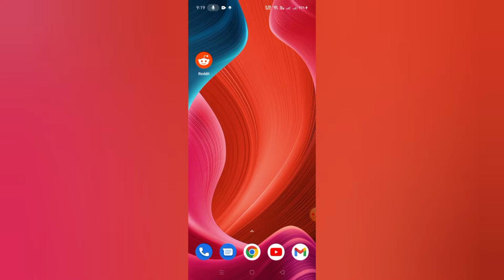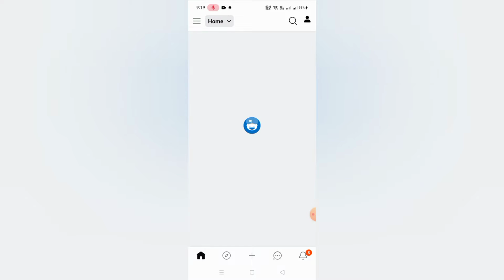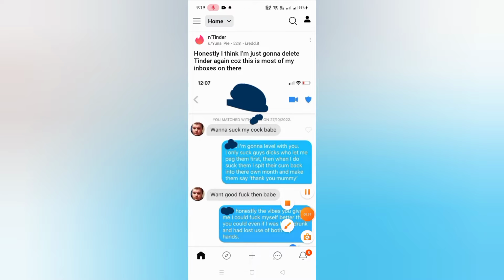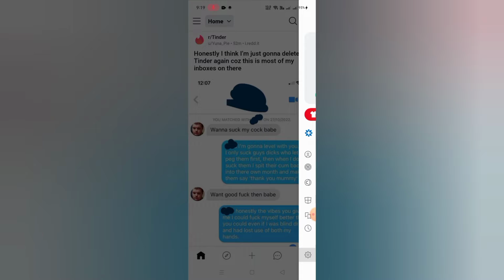So now let's go to your Reddit. So click on your Reddit and then go to your top right corner on your screen. You can see the human icon, and here you can see, click settings in the bottom part of your screen. Click settings